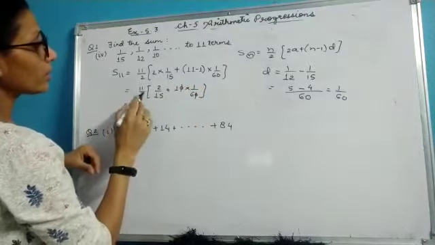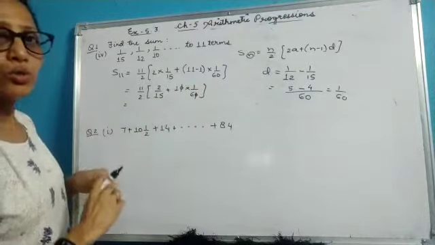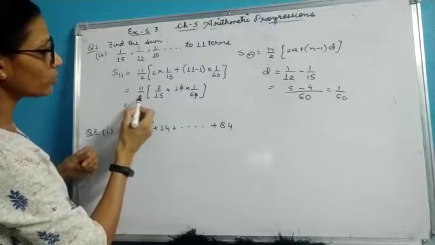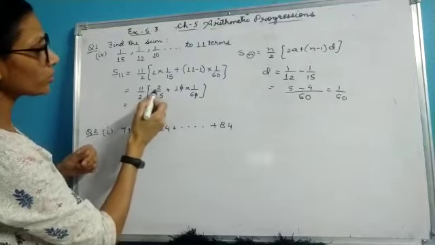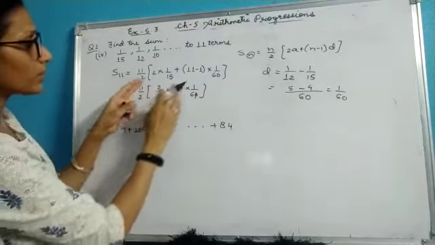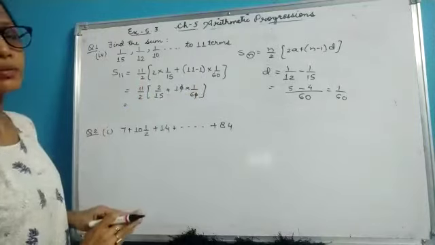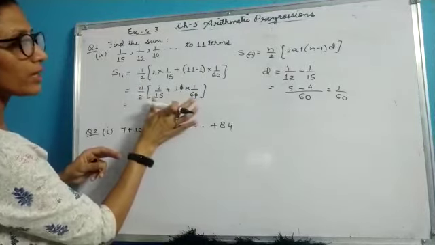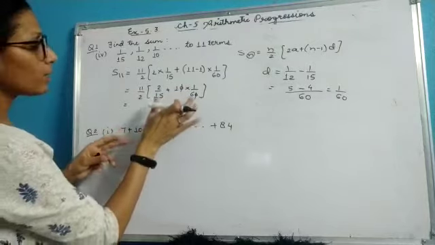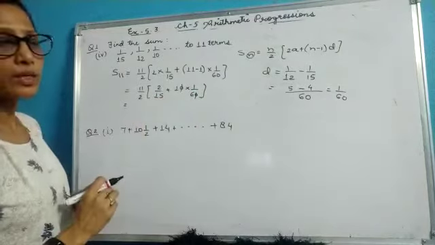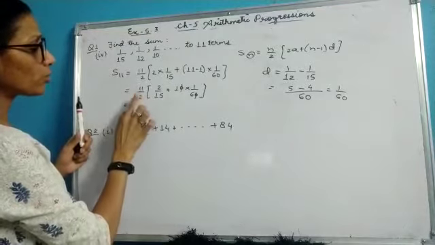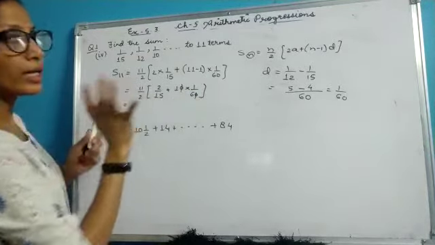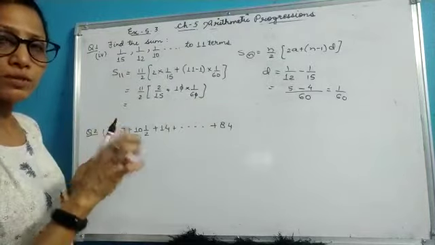Now children, please don't make this mistake over here, because what do you people do? You just cut this 2 with this 2. No, this 11 by 2 is completely multiplied with this term. So first of all you simplify this bracket term and then you multiply with 11 by 2. Just don't multiply 11 by 2 with this only. So first of all I have to simplify the terms which are given in the bracket.